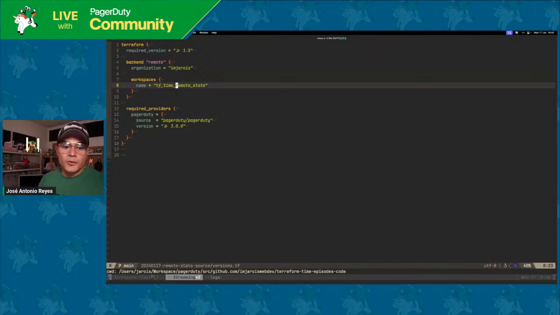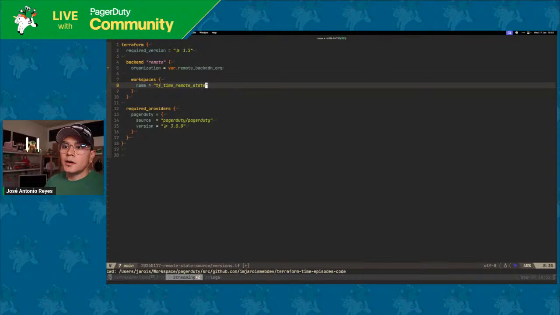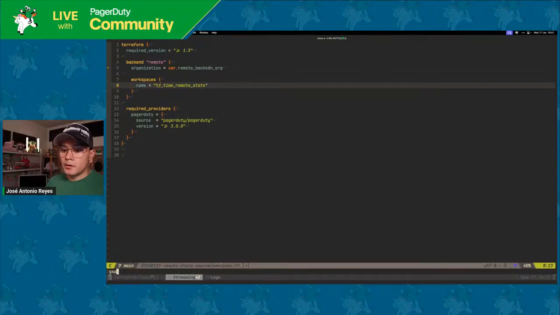If you want to reuse this code, you will have to remove this, so I prefer this to be dynamic. So I'm going to put here, as a new variable, remote backend organization org, and this one, let me also open